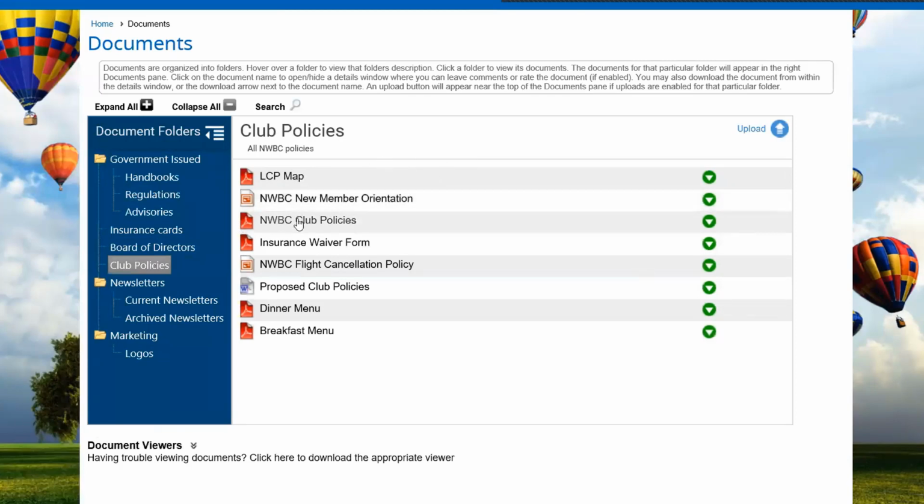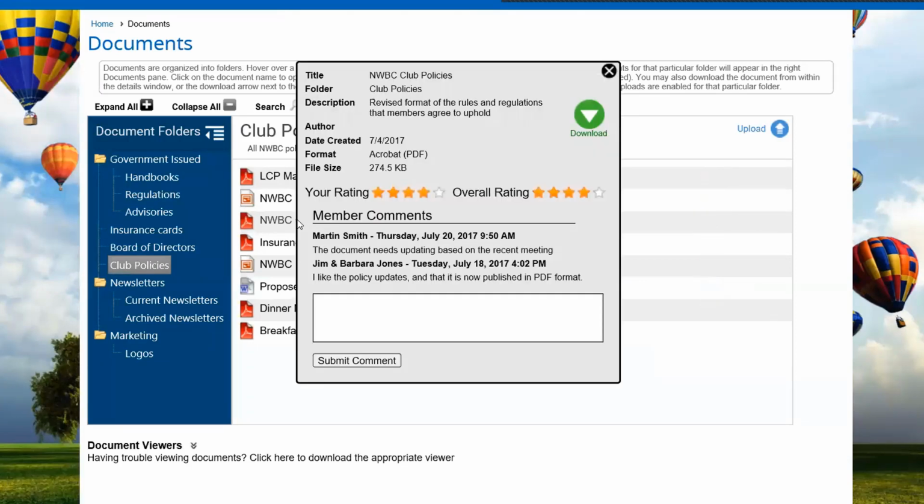And if I click on, say, and this is our demo club, the Northwest Balloon Club. The club doesn't actually exist. It's just our demo platform. If I click on this, we get a bunch of information about it. We get the title, the name of the folder it's in, the description that was entered when it was uploaded. Whoever uploaded this didn't put in an author. We also get the create date, its format, its file size, and we're allowed to